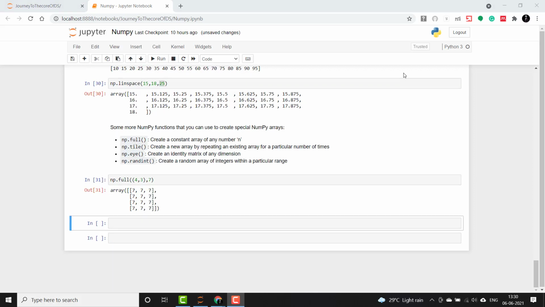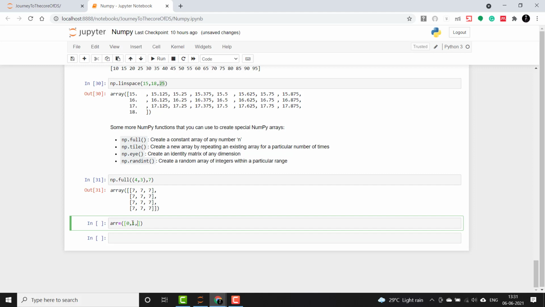So guys, now let's move on to np.tile. np.tile creates a new array by repeating the given array any number of times that we want, and the default data type here is int only. Okay, so let's create one here. Let's say that we want to create it for an array 0, 1, 2.